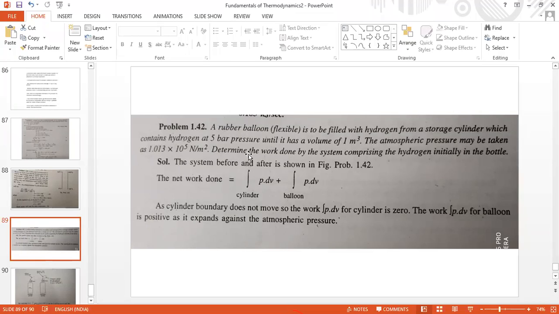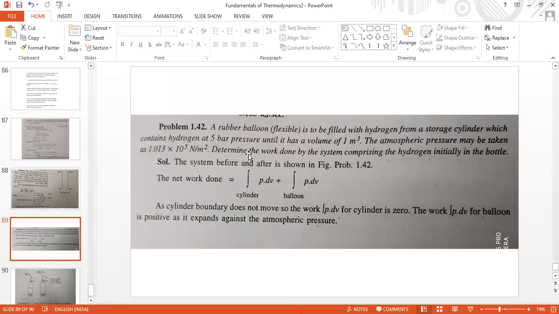So in that way, what process is going on there has to be observed. A practical process has to be observed. So what process has been going on there? It is a constant pressure process, or against atmospheric pressure, the balloon is expanding. So to understand this type of concept, such problems are taken, not to introduce this type of integrals at this stage. This is to understand work and heat concepts, especially the work concept.